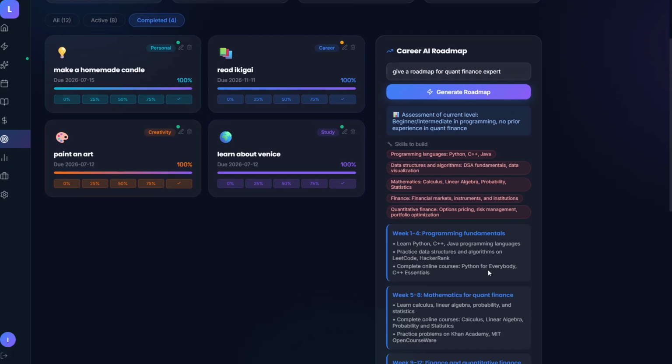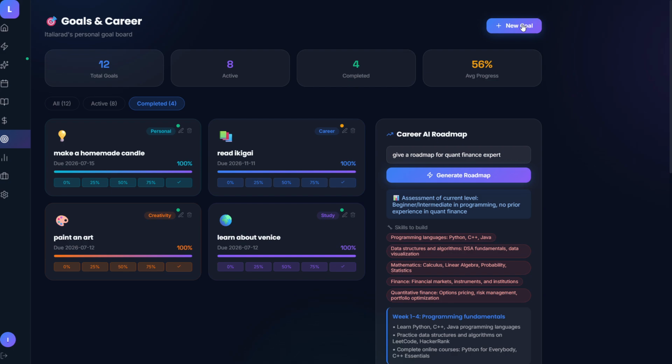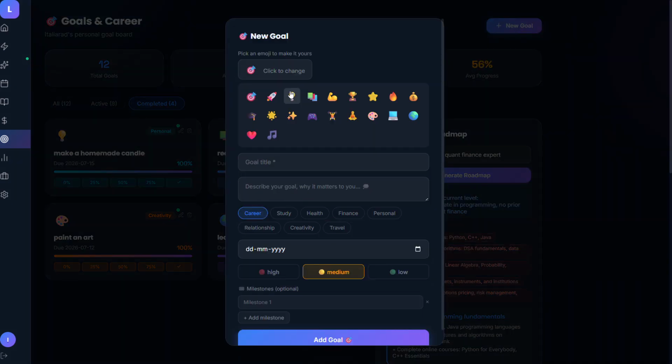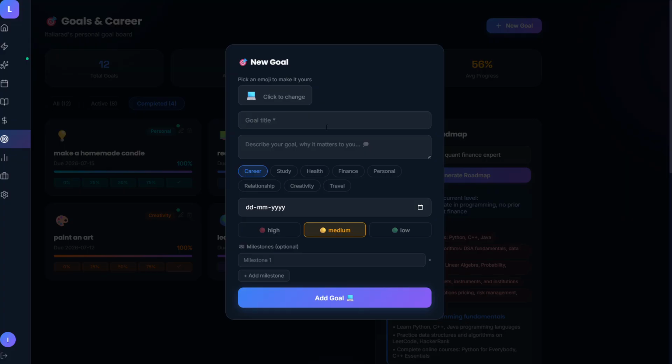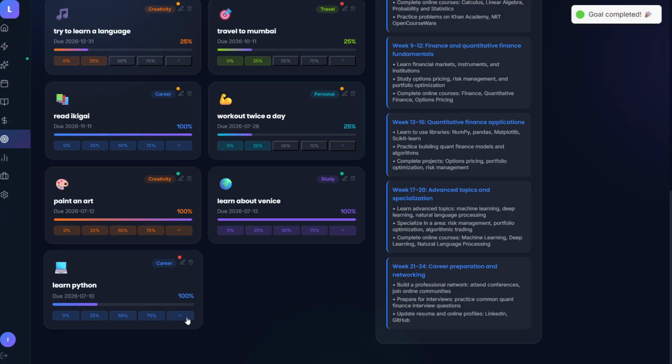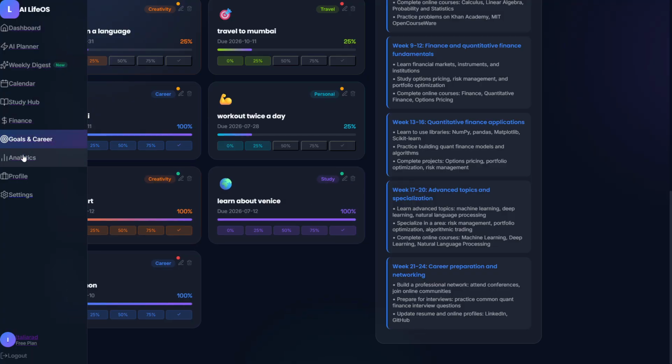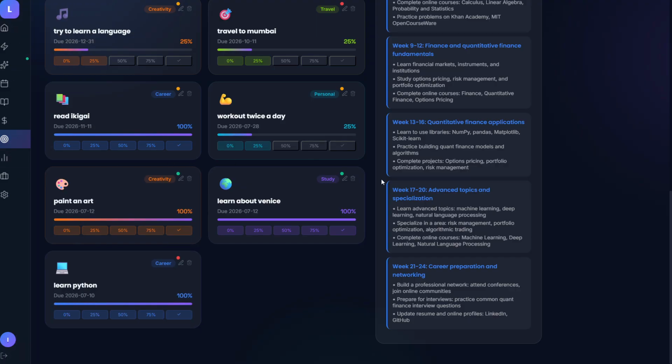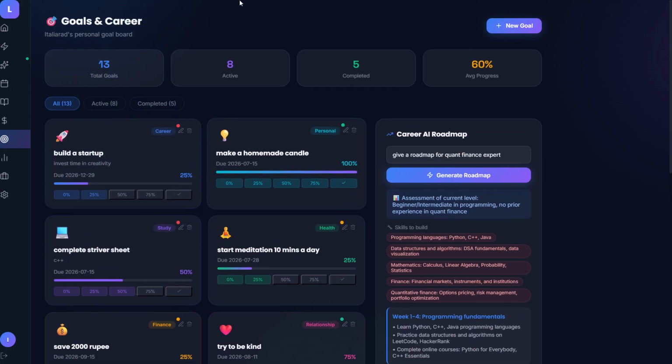For example, if I want to learn Python, here I can go and add a goal, like I want to learn Python. Around, suppose, 10th of July 2026, and it's a high level goal, so I can add it here. See, accordingly I can look at this and add to the goals according to the deadlines. This is very useful as you don't need to switch back and forth between multiple dashboards.